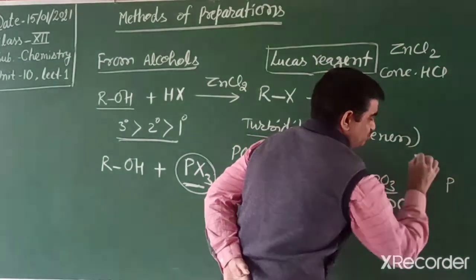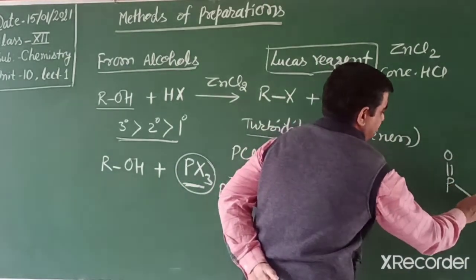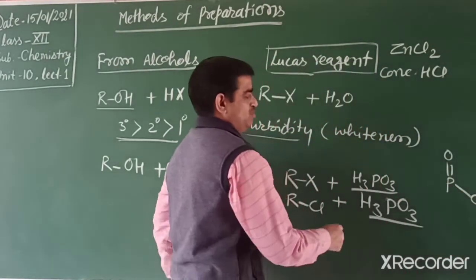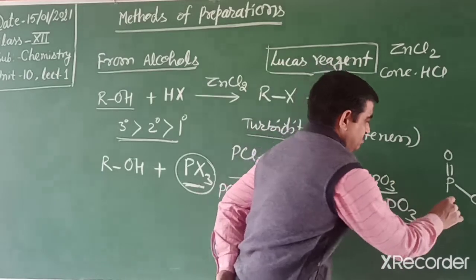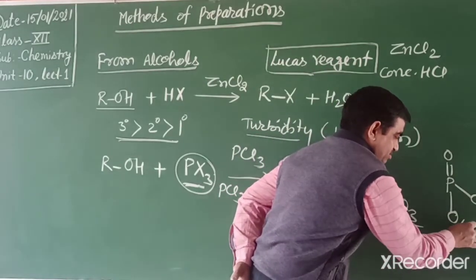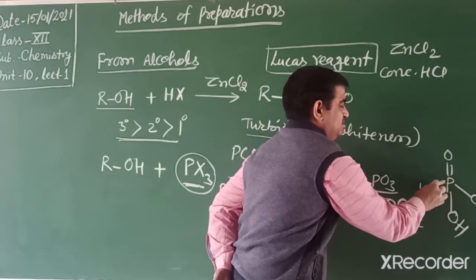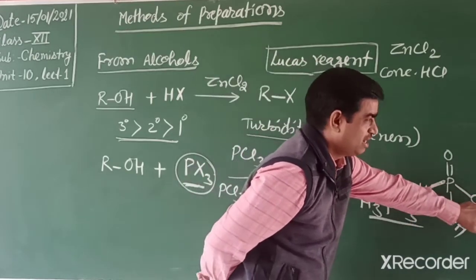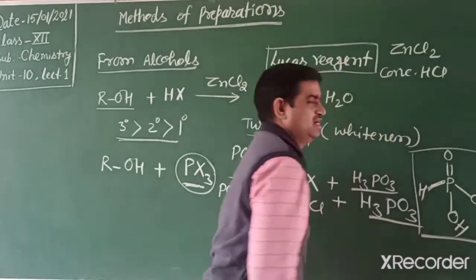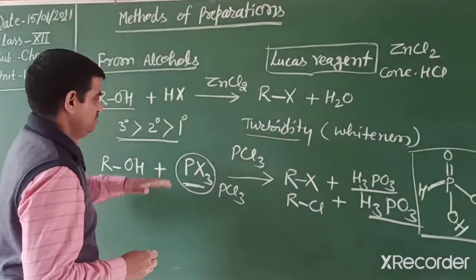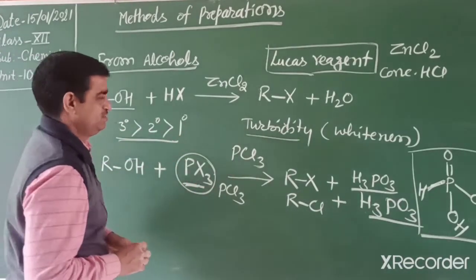This one is an oxo acid. What do we mean by oxo? A double bond with oxygen and at least one OH. How can you write the structure? One oxygen remaining also attached with an OH bond, and one hydrogen directly attached. This hydrogen is of reducing nature and the OH groups are ionizable, so this is a dibasic acid. So this is the second method, reaction with phosphorus trihalides, generally PCl3.